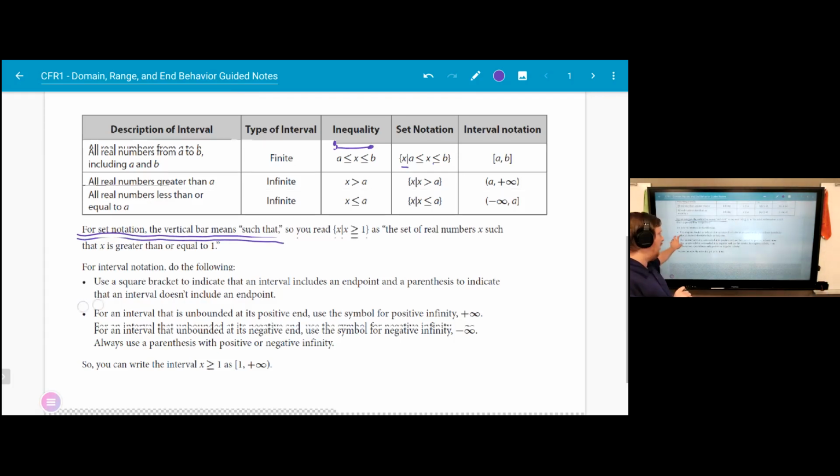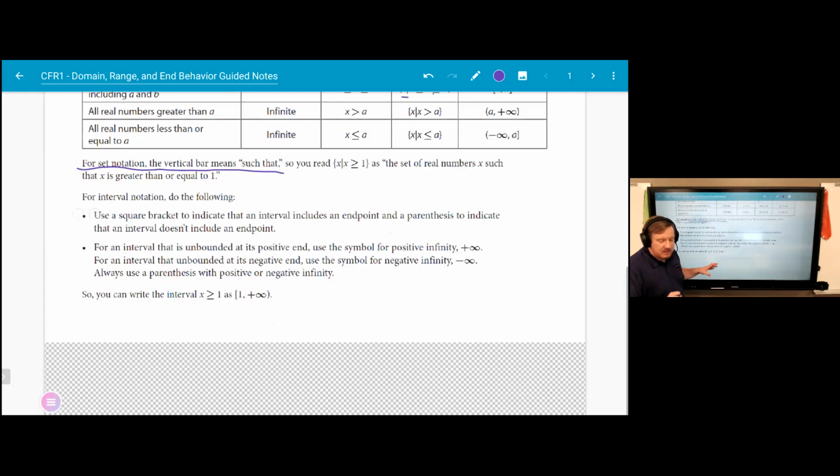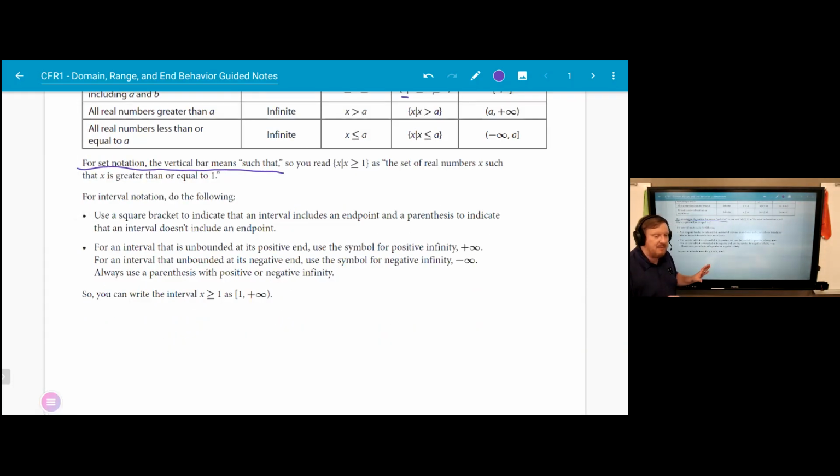Okay. So some of the things that I want to make notes of here before we go on, we're going to talk about all these things more. It makes more sense as we do examples. So we've got the chatter out of the way. Let's do some examples here in a second. Again, in interval notation,